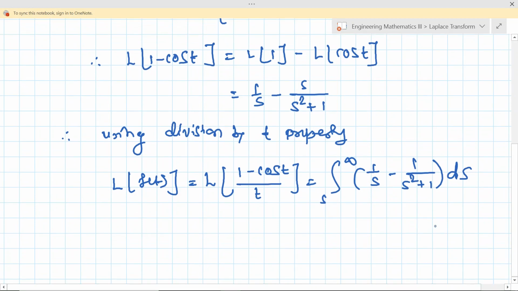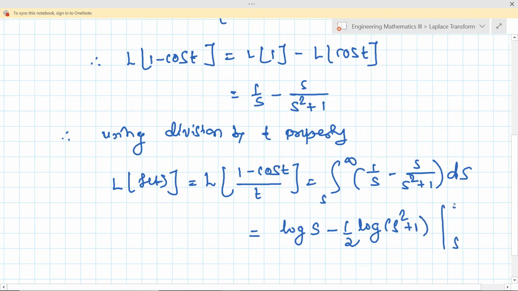So if you have a doubt, you can ask. Okay, I'm just talking. If you have a doubt, you just clarify all the concepts. So now take the integration. Whatever this answer is, that is our Laplace of f of t, and it is F of s. What is the integration of 1 upon s? This is nothing but log of s, and here it is not 1 only, it is s upon s square plus 1, and we just add a 2 here as before. So this is 1 by 2 into log of s square plus 1, from s to infinity.